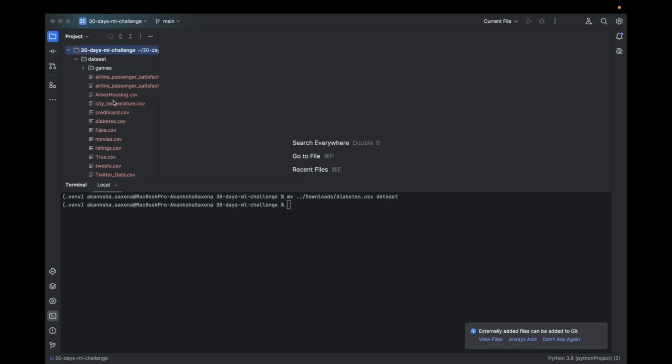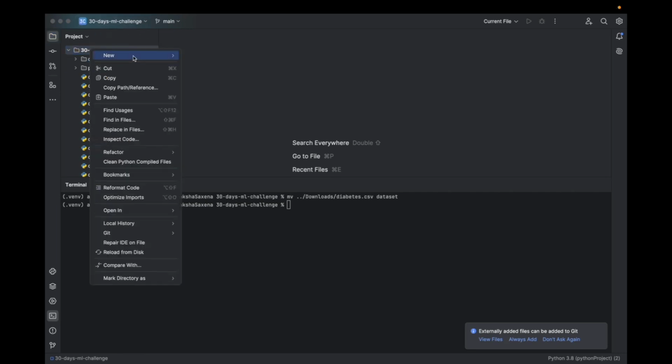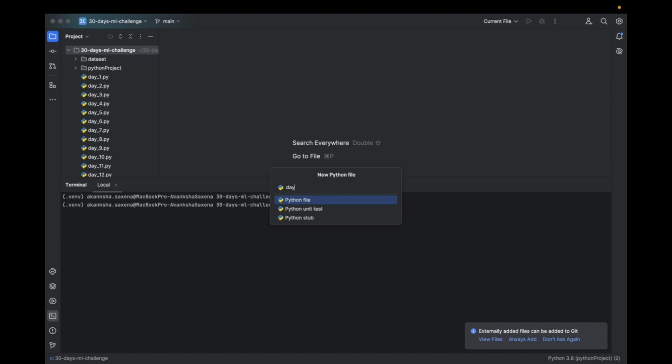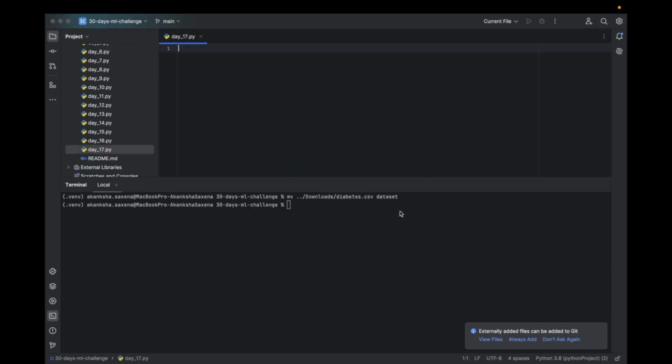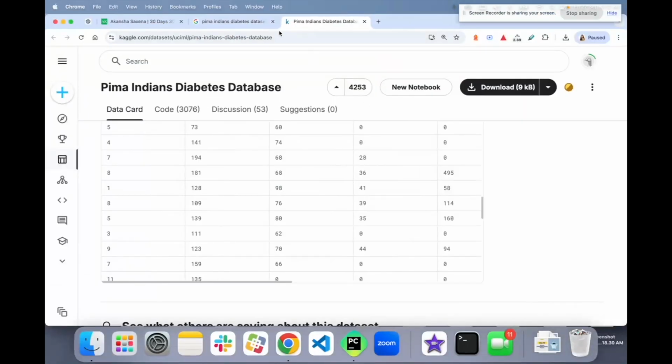I should see the diabetes here. Yes. And let's create a new file, a Python file, of course, day 17.py, and add it to our repository. And yes, it should. Okay,